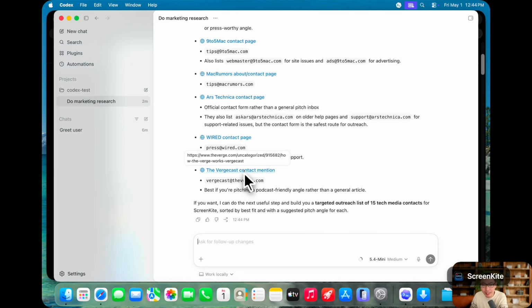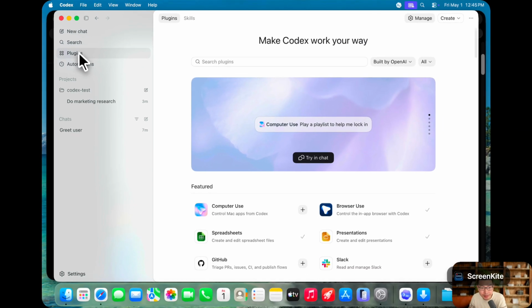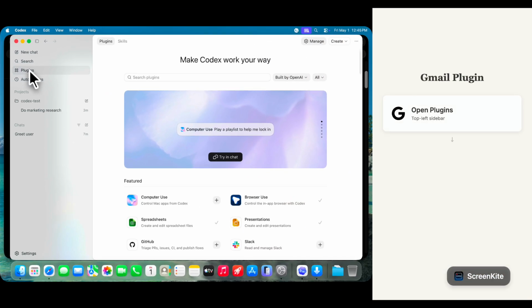So basically, the next step is I want to draft emails to contact these editors so that I can do the marketing, the cold outreach, for my app called ScreenKite. So how do I draft emails? The next part is about connectors, which is kind of blending into the plugins. So if you click plugins on the top left corner,